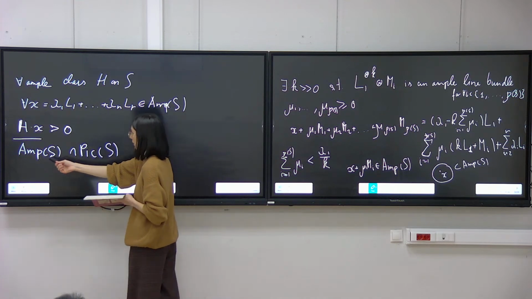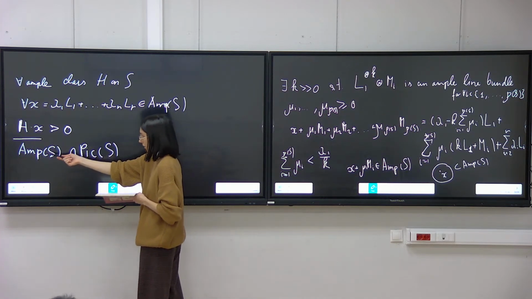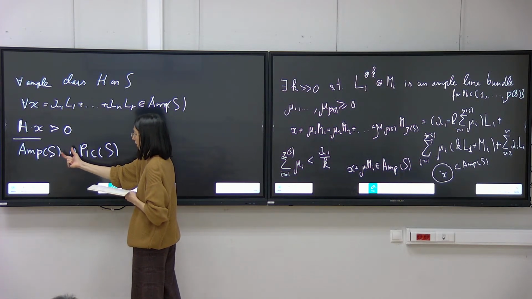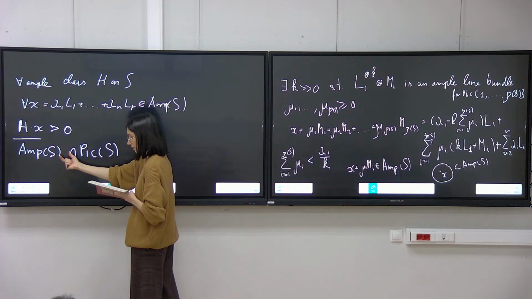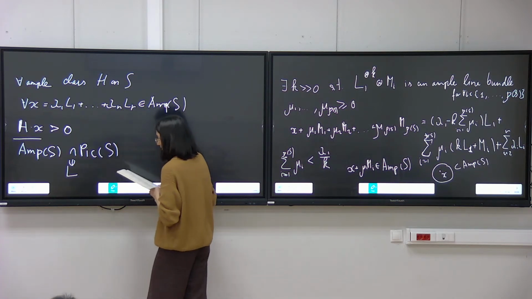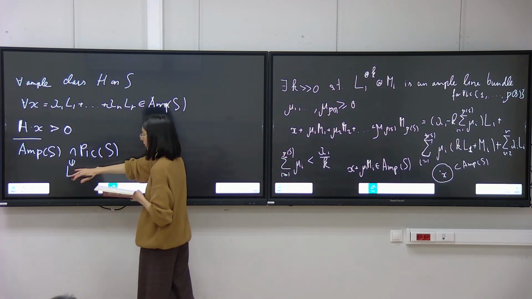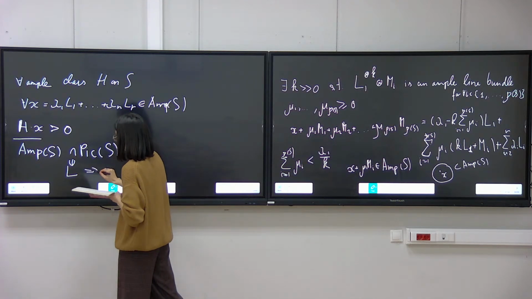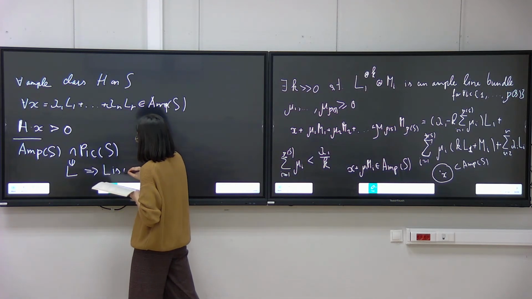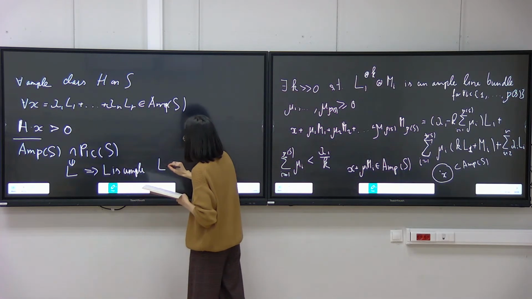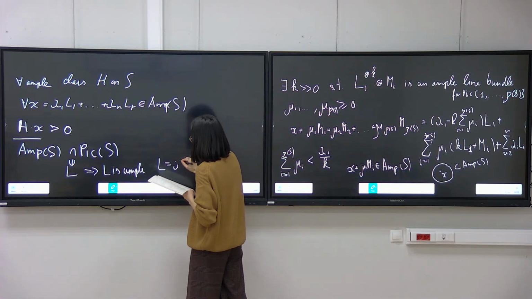Of course, all ample line bundles live here, but we want to prove the opposite statement: that if we have an element here, then L is ample, right? We want to prove that L is ample. So suppose that L is a